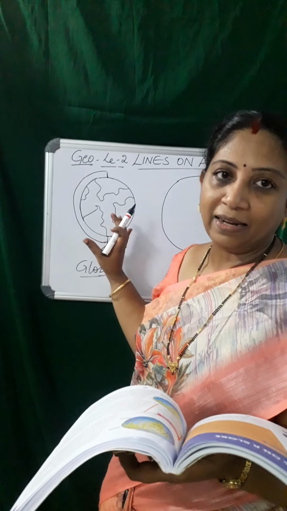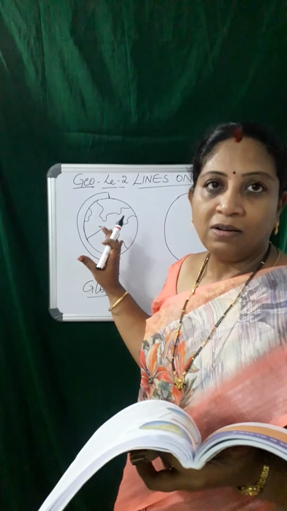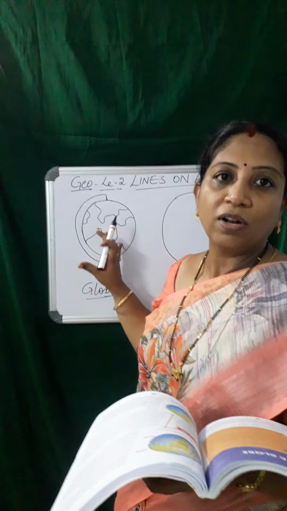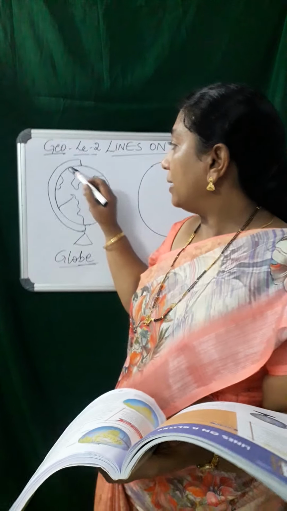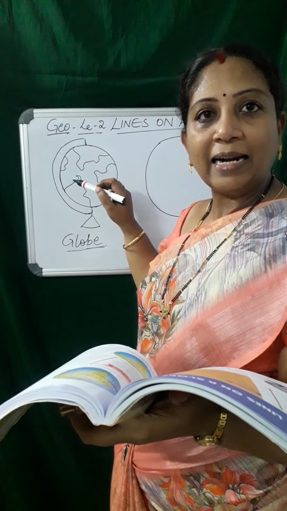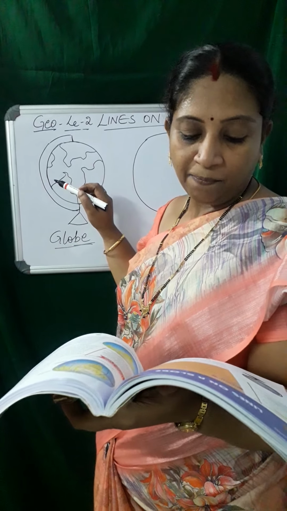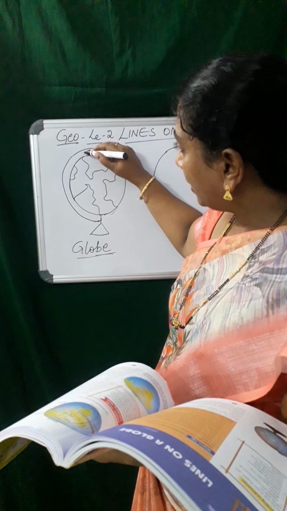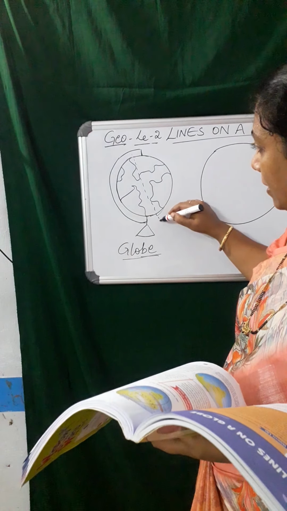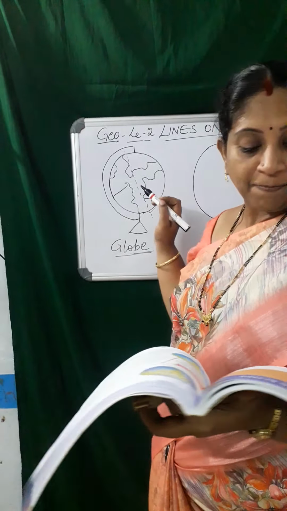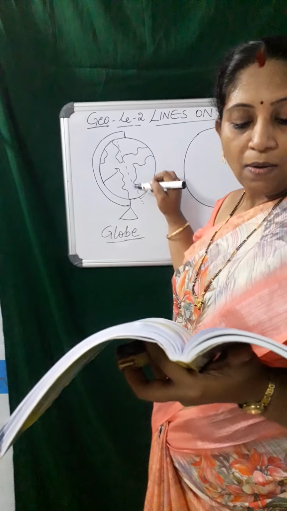It is easy to carry. We can carry this globe anywhere. We cannot carry the whole earth, isn't it? We can carry this model of the earth. It is spherical and its axis is tilted at an angle of 23.5 degrees. So it is just tilted. You can see here we are having an axis. It is an imaginary line. The axis is an imaginary line running through the center of the body around which the body